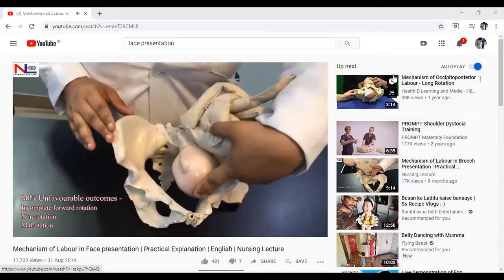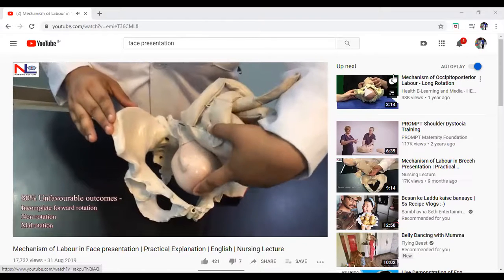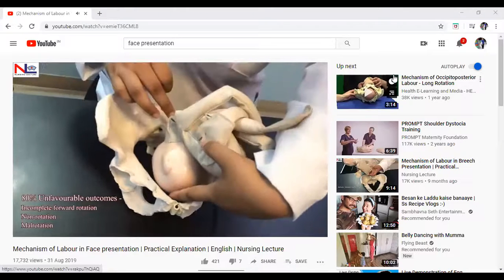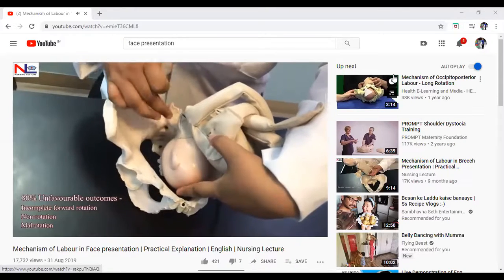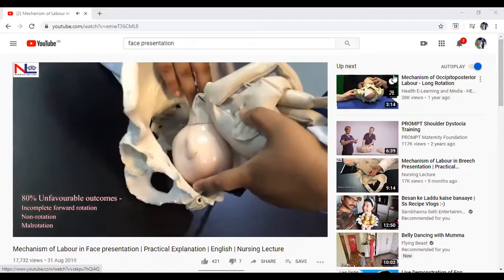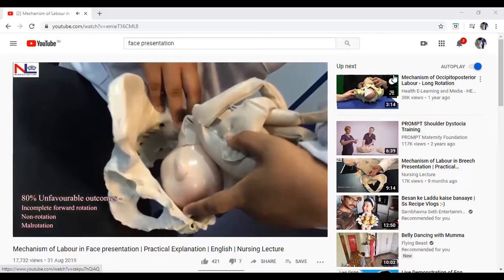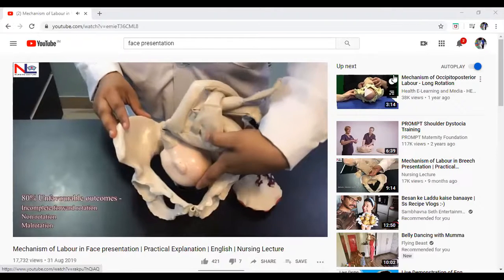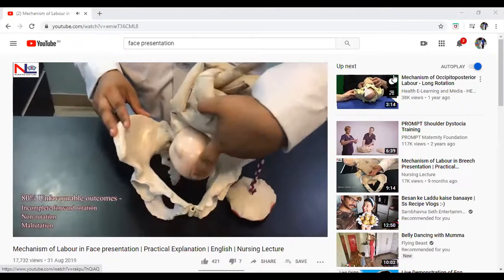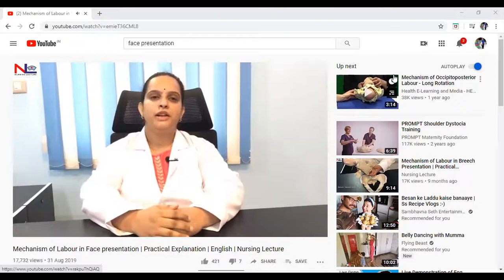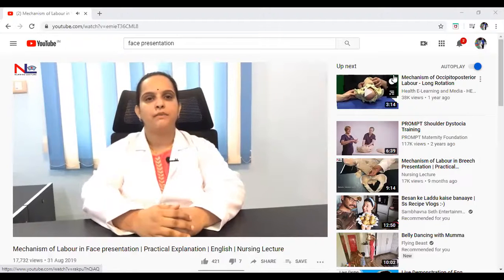As in occipito-posterior position, face-to-pubis delivery would be possible, but here it cannot be possible because the length of the neck is short and the sacral hollow is about 12 centimeter long, and as the extension occurs, the thorax also thrusts in and it causes arrest in that position. So all these three conditions create obstruction and vaginal delivery is not possible. So here we learned how the mechanism takes place in mento-anterior and mento-posterior face presentation.